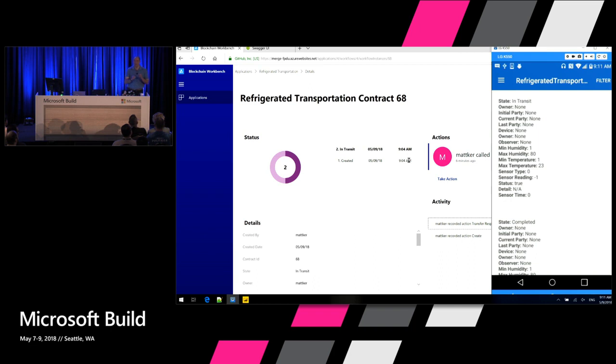Now, every single message that goes to IoT Hub doesn't generate a message to the blockchain. That would be voluminous, and you wouldn't do that for most applications. So we filter at IoT Hub with a route that says, hey, only if the temperature is above a certain threshold is this message going to go through. Then it triggers a Logic App that formats it correctly, posts a message to Service Bus, and then Service Bus picks it up, puts it on the ledger, and then we pick it up, and we should update here.